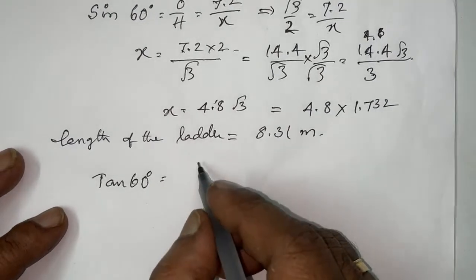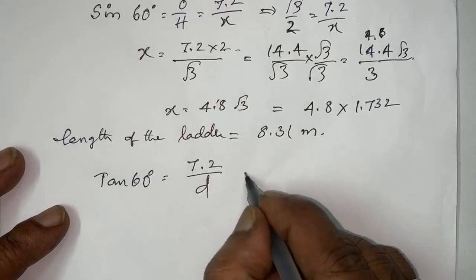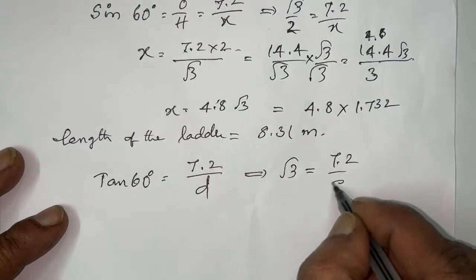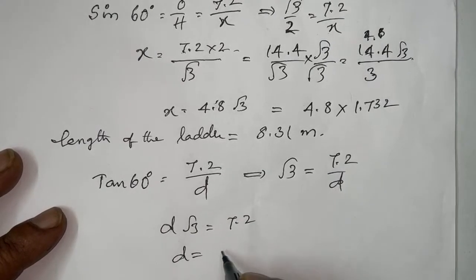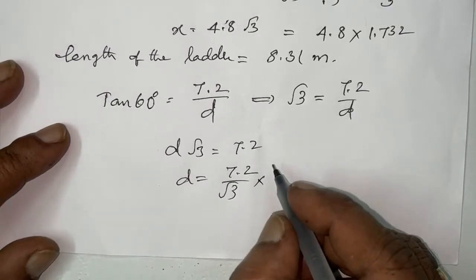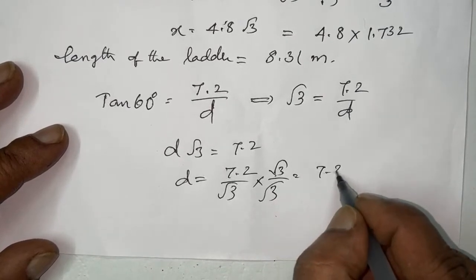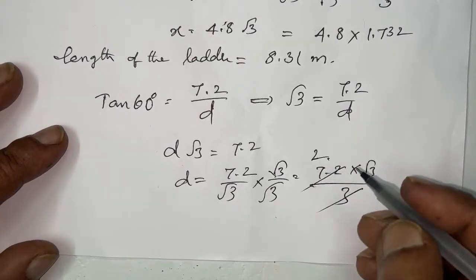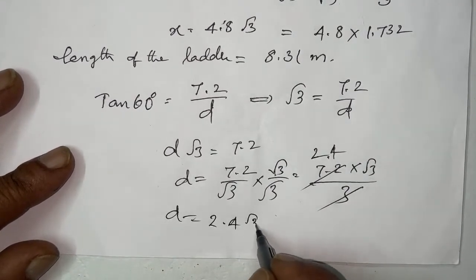means 7.2 by d here. What is the value of tan 60 here? Root 3. Root 3 is equal to 7.2 by d, so d root 3 is equal to 7.2, and d is equal to 7.2 by root 3. Then we'll go for rationalization. 7.2 into root 3 by 3, and 3 goes into 7.2 two times, and 4. So d is equal to 2.4 root 3, and